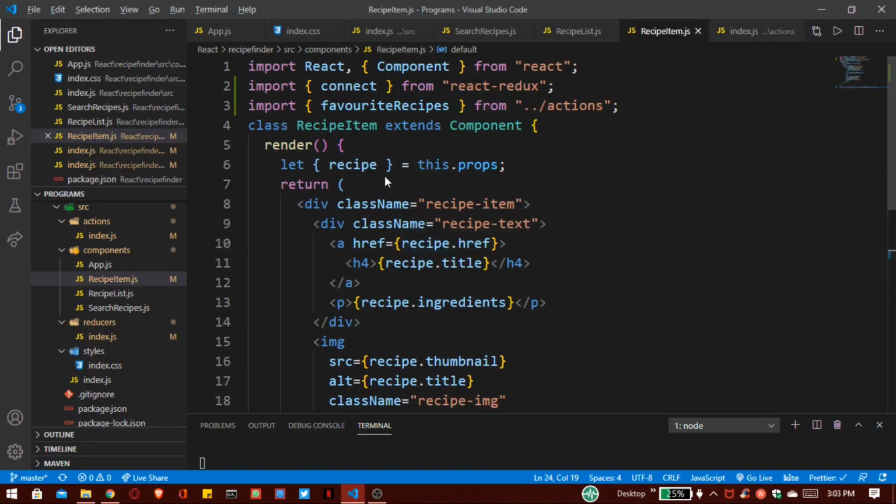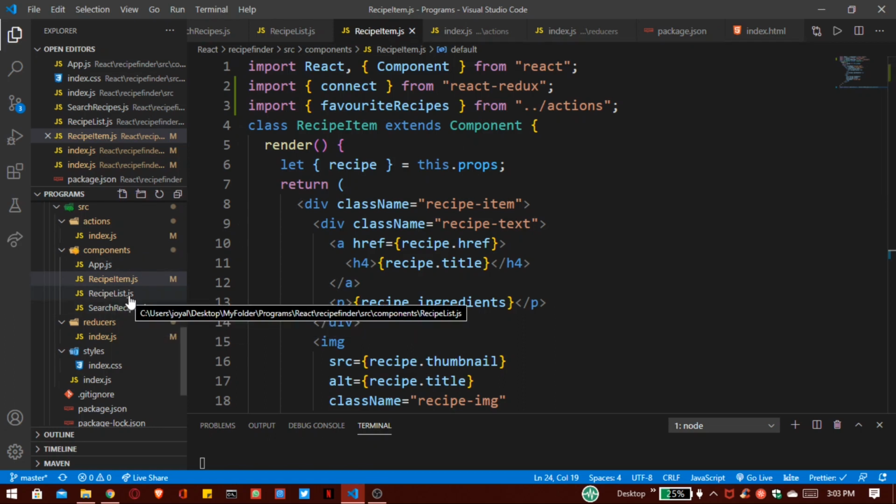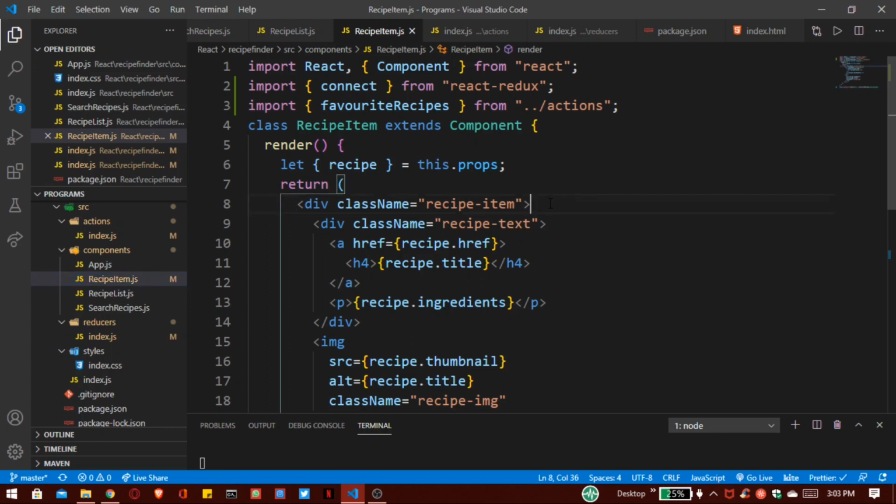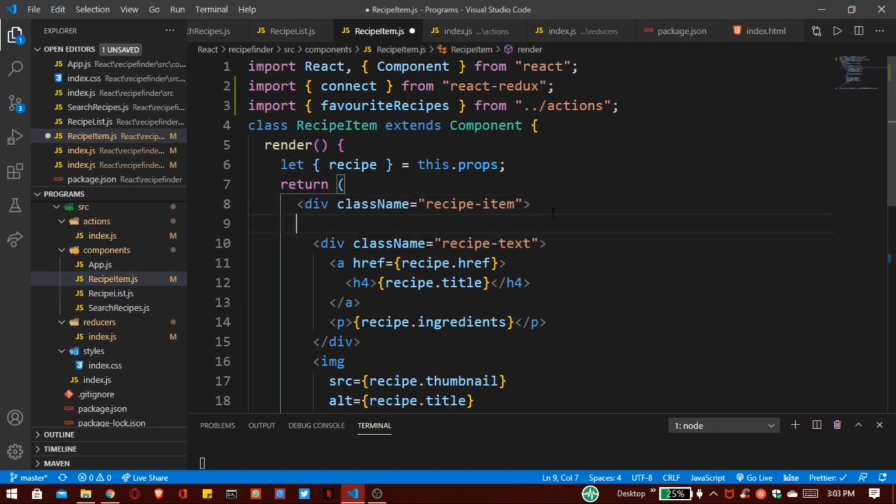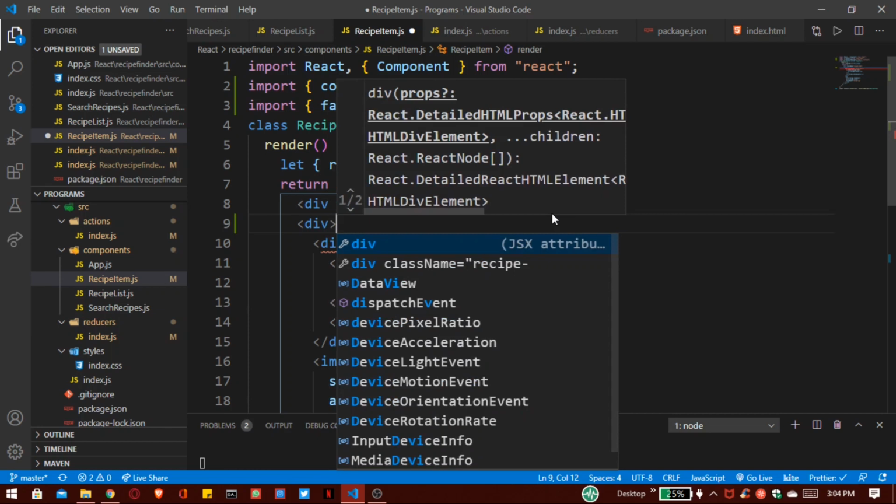Now I want to add a star before all of these titles. So go inside our recipe item.js file, and here I want to add stars before all of these titles. So in this class I want to add our onClick method.